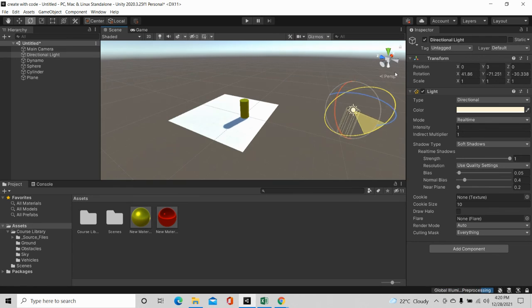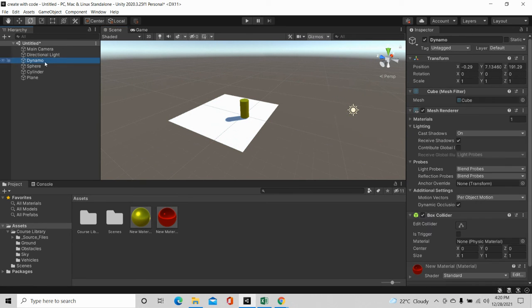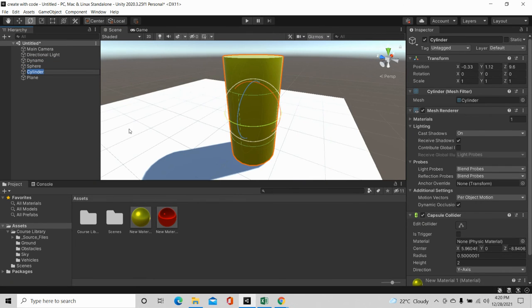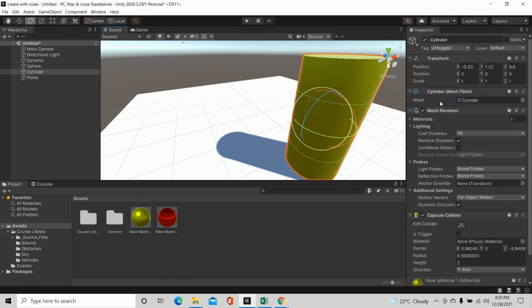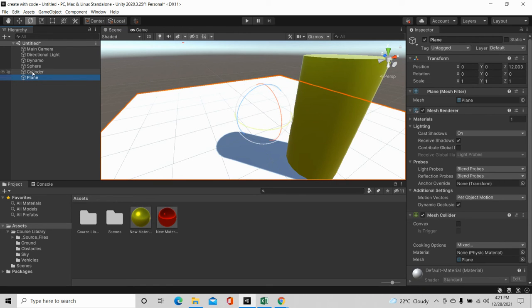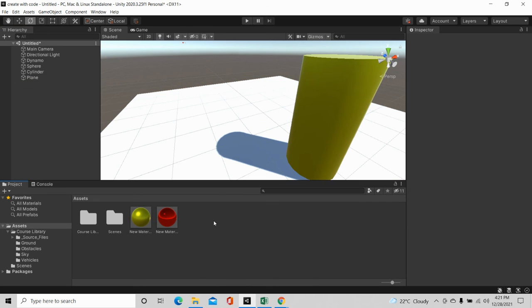So now I've told you how to place everything in our scene. You can see this, and that is a mesh renderer. I'm going to tell you about it later, and the capsule collider also. Now we have a plane here which is white in color. We can also change its dimensions, its shaders, colors, etc. So these are the things I told you about in this lecture, how to put something.